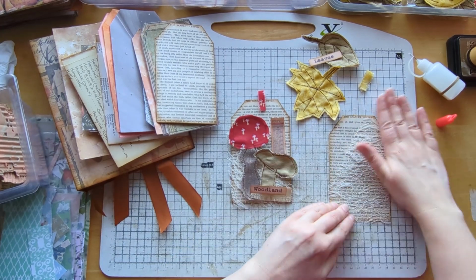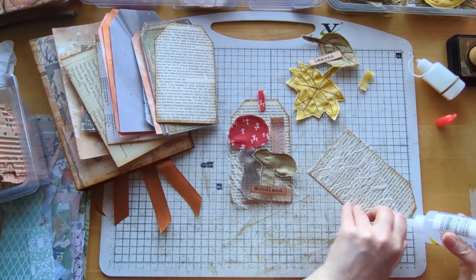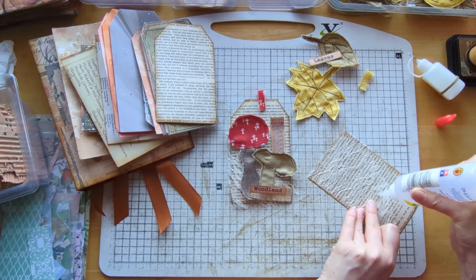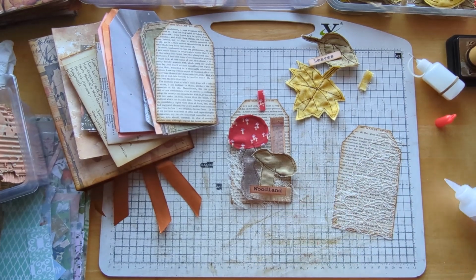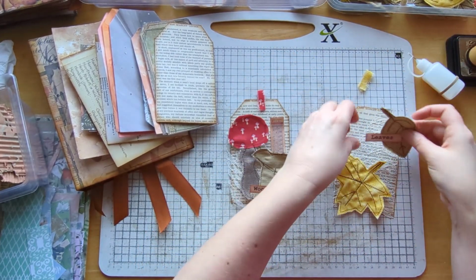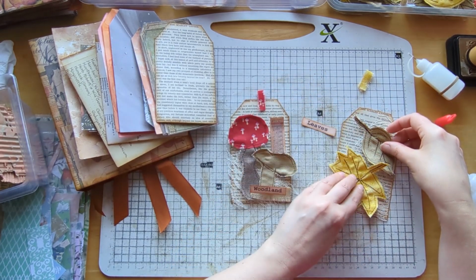Let's turn that. Didn't quite cut this straight, but that's fine. And we just need a little bit under here. You can have mushrooms on the top anyway. Leaves, sorry, on this one. So I was kind of thinking there, wasn't I? So if I put this one down first,